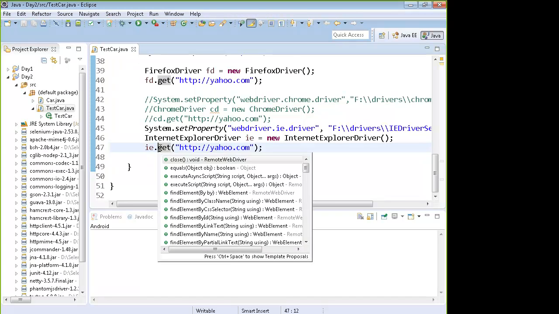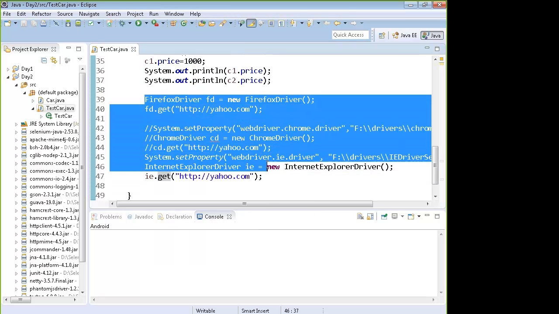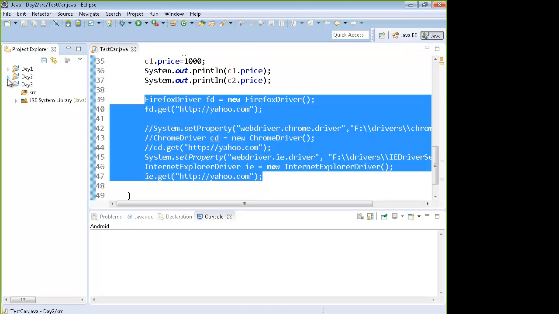Right. So will you have different browsers at different times? Like will you write a separate code for every browser? So the answer to that is no, and it comes because of the concept of interfaces. All right. So what do you mean by interface?